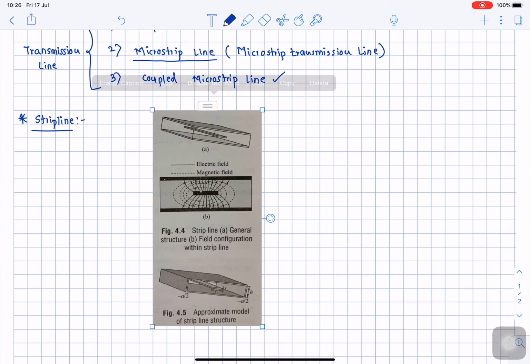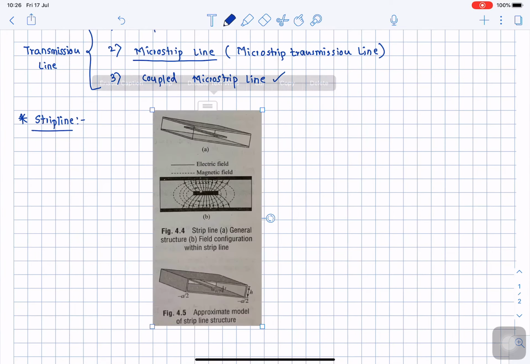Okay. So here again I will draw how it looks like. So the field configuration, suppose this is your strip line, this is the top and bottom ground planes which are acting as a conductor, and here in the center I have the actual strip line, right? So how to draw the field configuration, how to show the electric field and magnetic field when this transmission line is used to carry the RF signal or the microwave signal at a very high frequency.